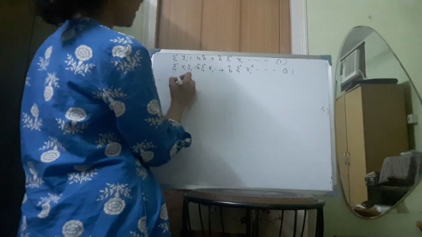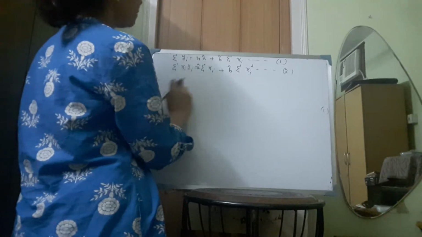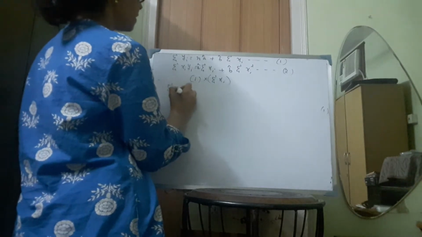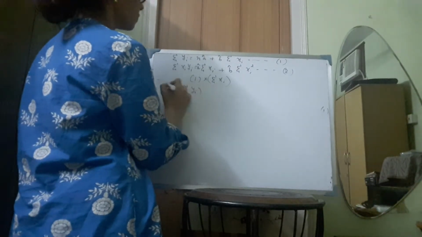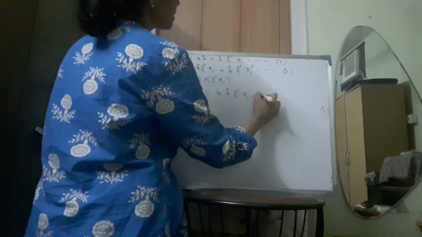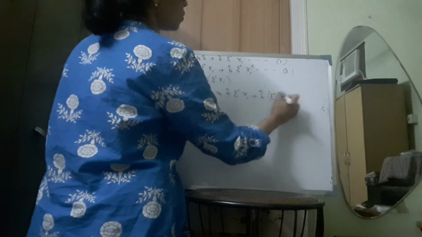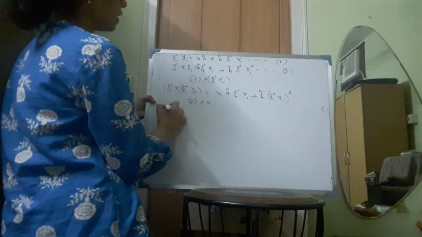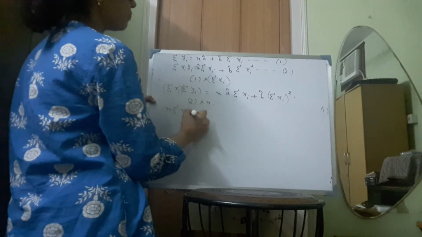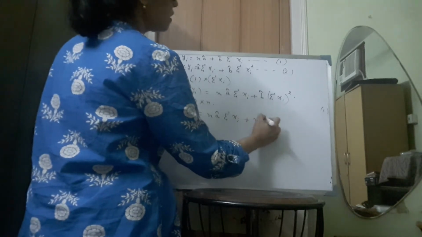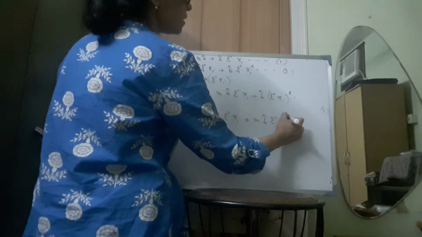Now we are multiplying the first equation by summation of xi. So multiplying the first equation by summation of xi, we are getting summation of xi times summation of yi equal to n a hat summation of xi plus b hat summation of xi whole square. And by multiplying the second equation by n, we are getting n summation xi yi is equal to n a hat summation of xi plus n b hat summation of xi square.